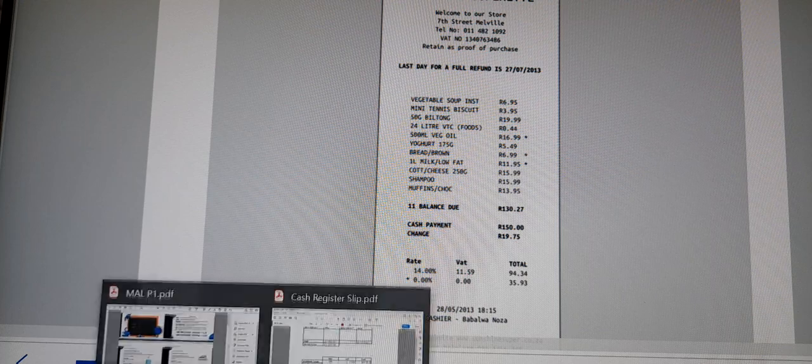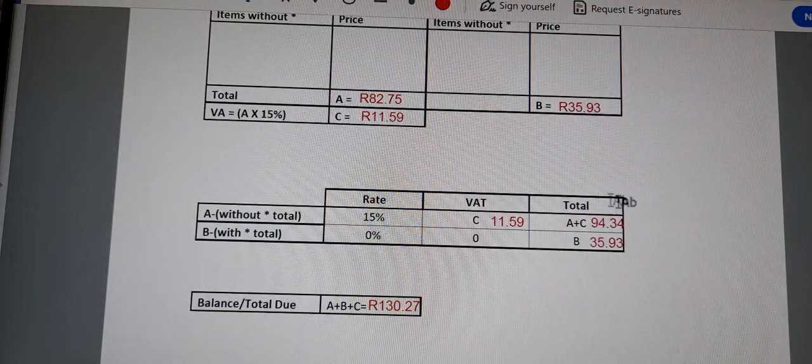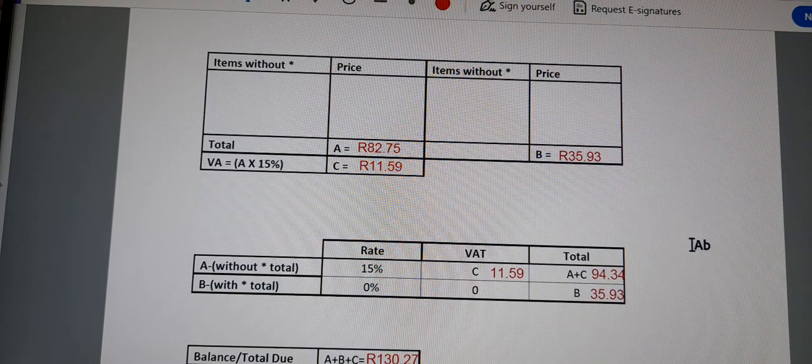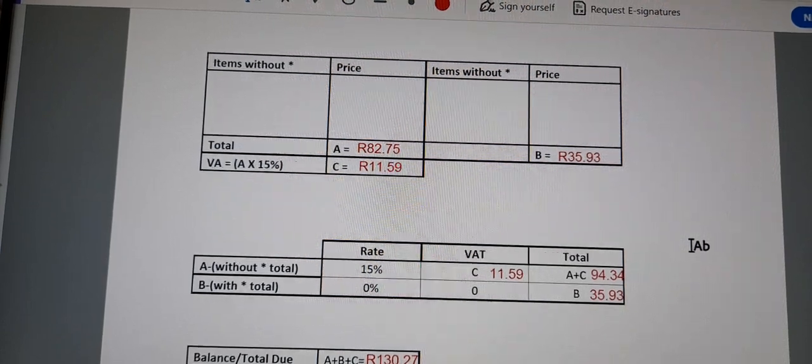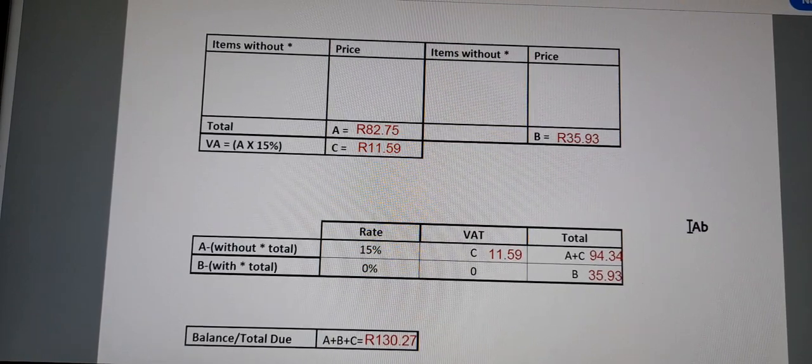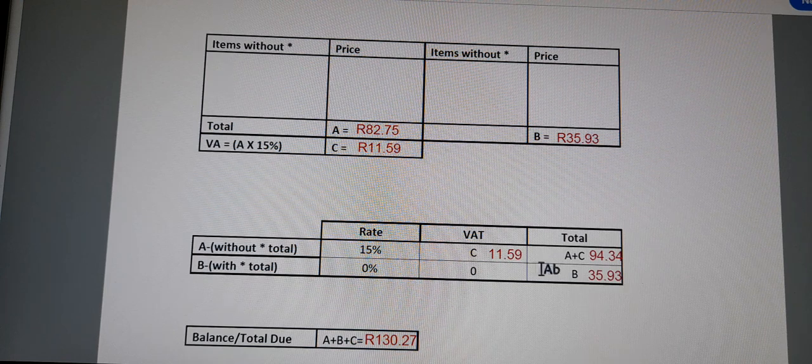Let's go back to the table. You see, all our figures are there in the table. So please just know how to draw this table. They won't give it to you on the test, so you need to know it on your own before the exam. Okay, so just putting all these figures and numbers, except for the ones that I've just put now in